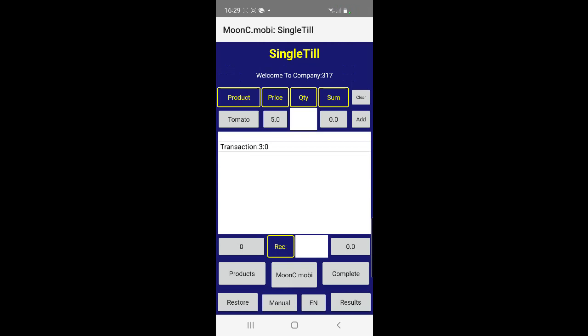Singletail also has an automated backup system where all your data is backed up in an encrypted form. So, in case you lose your device, you need to remember the company number, the company name, and the passcode you used, and of course the year you created the company on Singletail.